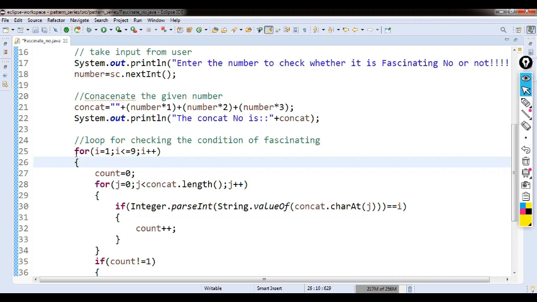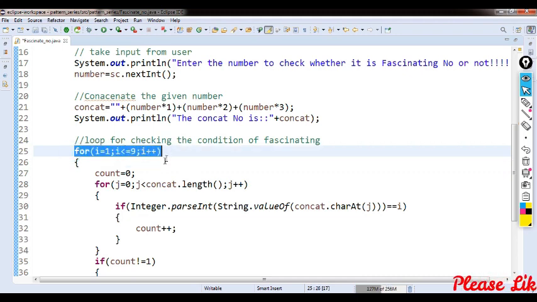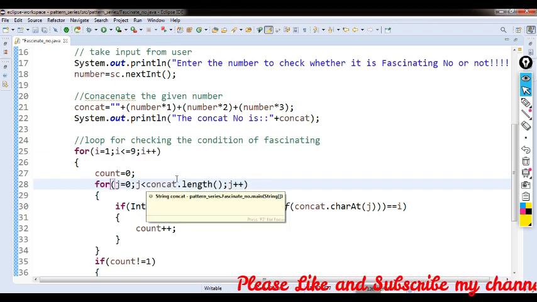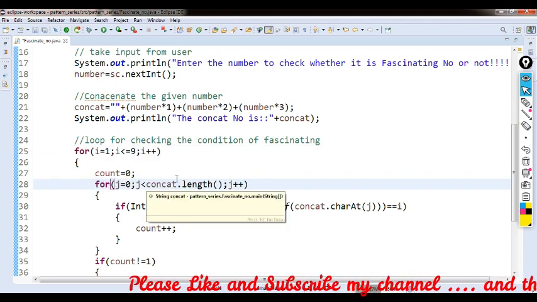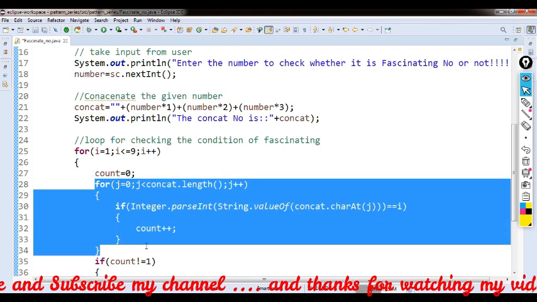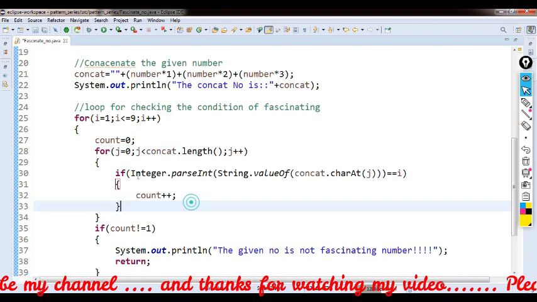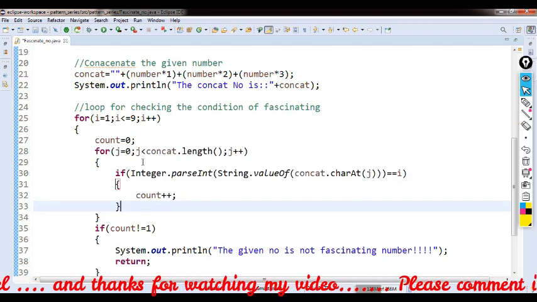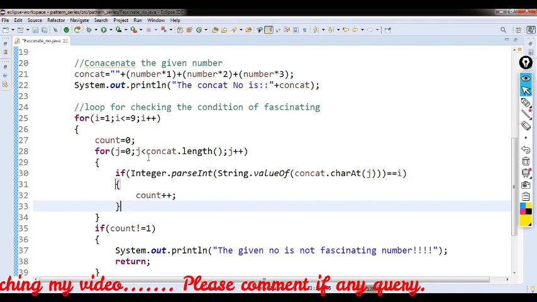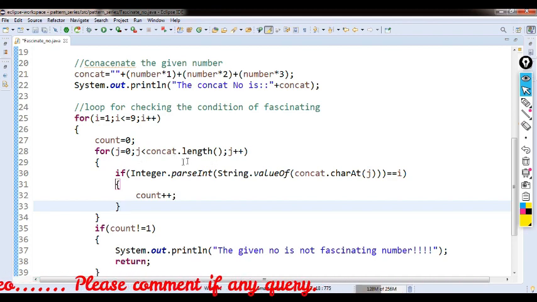So here we take two loops, the outer one and the inner one. Firstly we can understand the inner loop. Here for j equal to 0, j is less than concat.length. Here concat is our string.